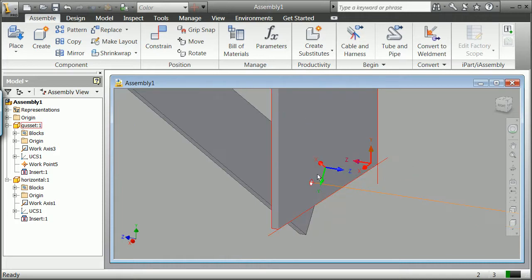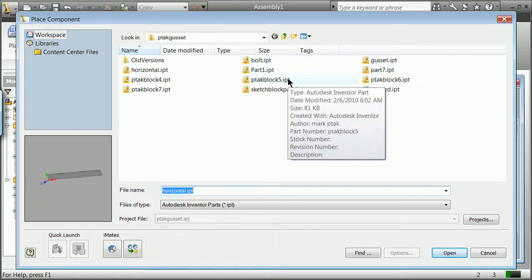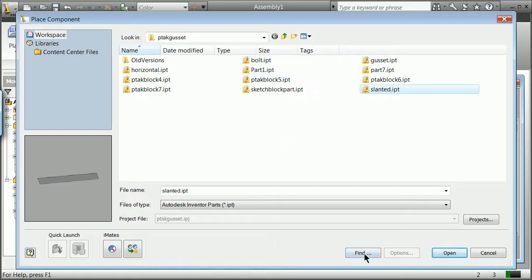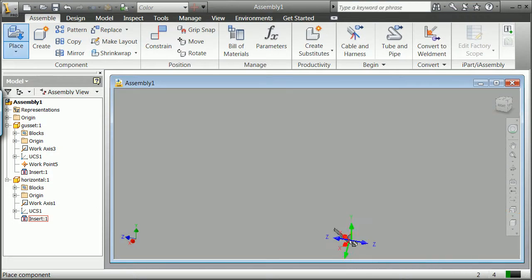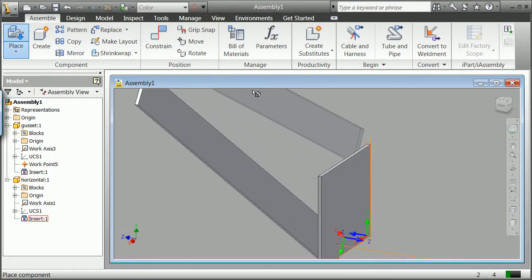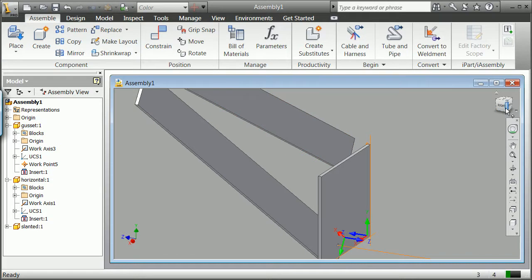And you're really going to want to make good use of kind of doing these based on center lines of holes and then also on user coordinate system stuff. And so I'll go ahead and place a new part. The new part I think was the slanted. Okay, call it slanted, and we hit open here. Yes, bring it in. It's really tough to realize you just bring this stuff in kind of willy-nilly, right? Kind of place it, say right-click done,